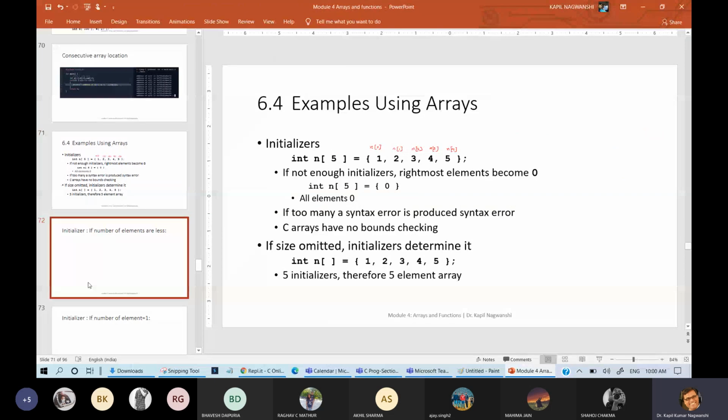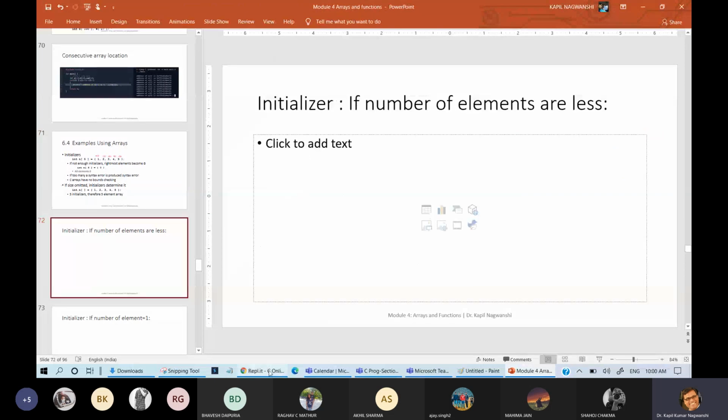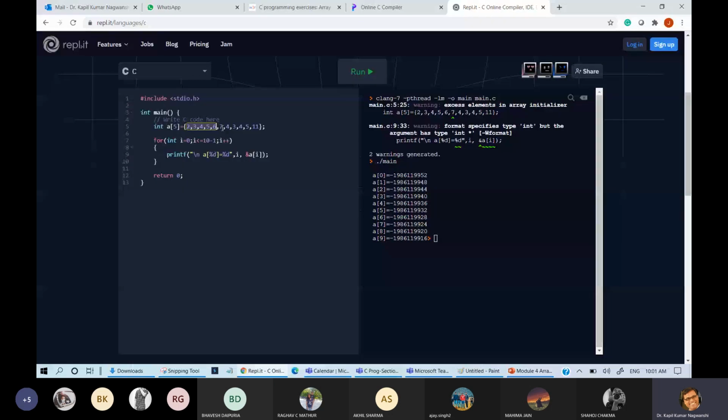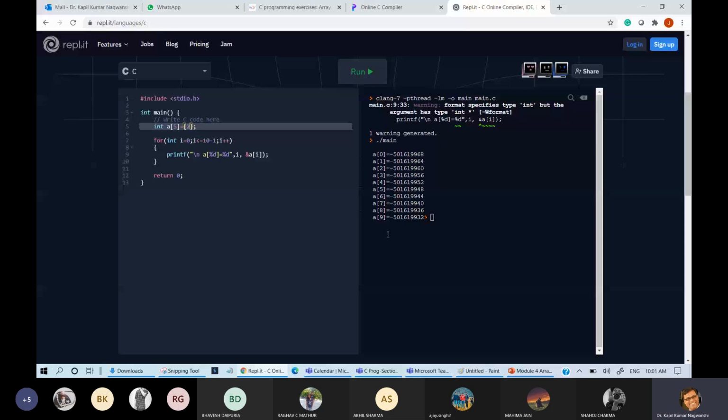Fine. So now if a single element is there, single element like 2 is there, because it was written as 0, but there is no meaning of writing 0. Now garbage is coming. Yes or no? Yes, sir.